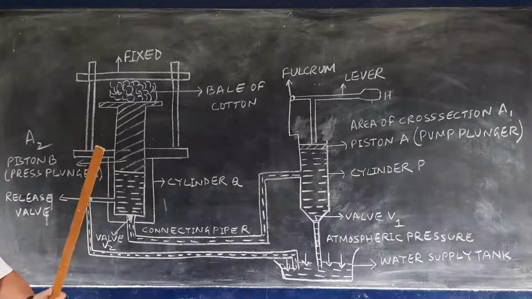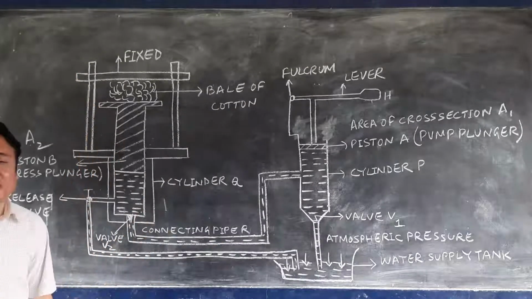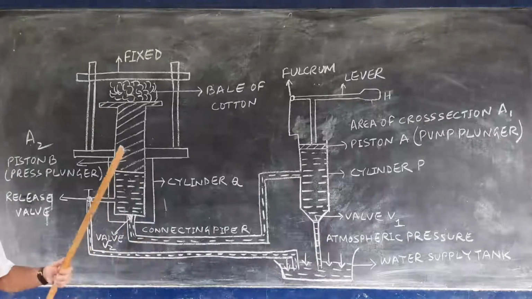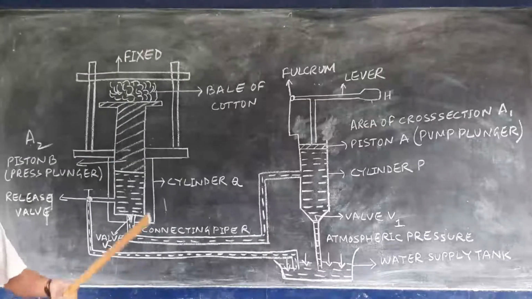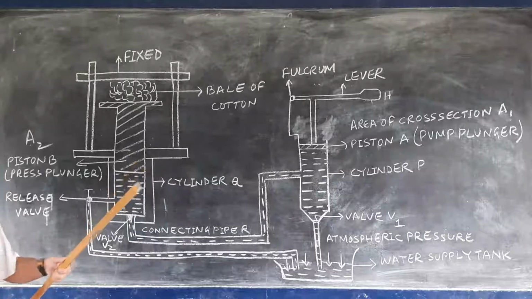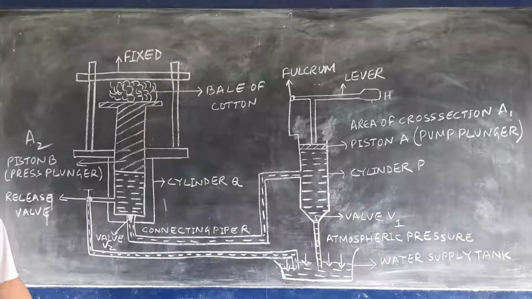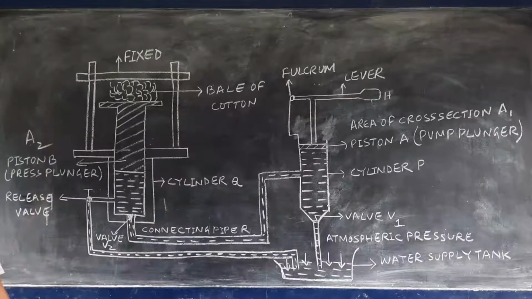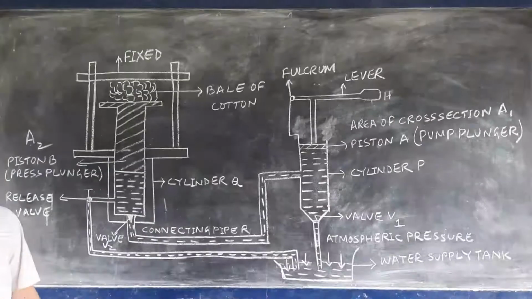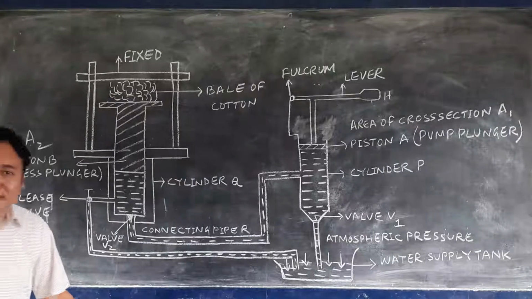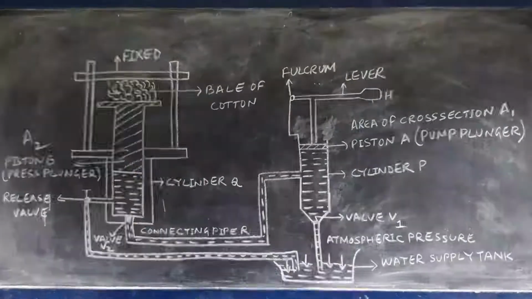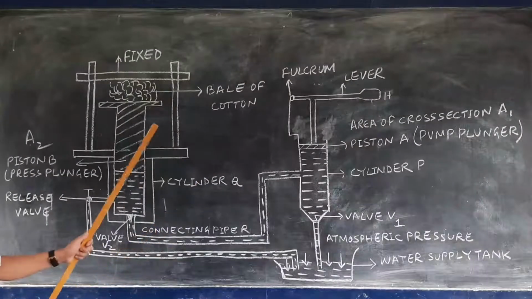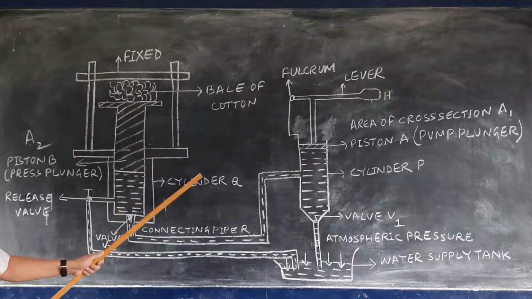The other one is extracting juice from the sugar cane. From the sugar cane you extract the juice, and the sugar cane gets compressed. By compressing the sugar cane, the juice will be extracted. Then the other one is squeezing oil from the linseed and cotton seed. So also to extract the oil we use this hydraulic press. So this is the first example of hydraulic